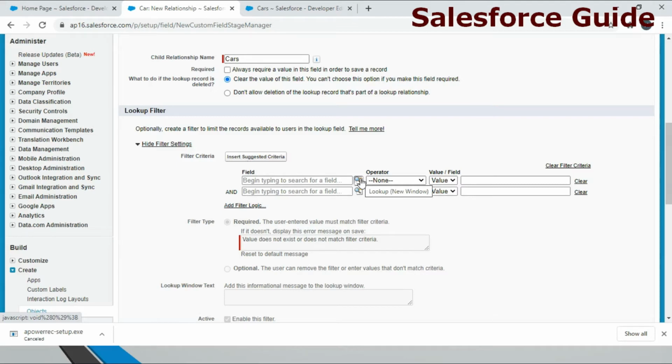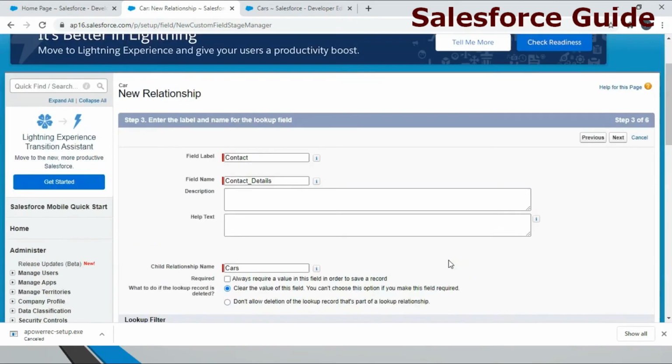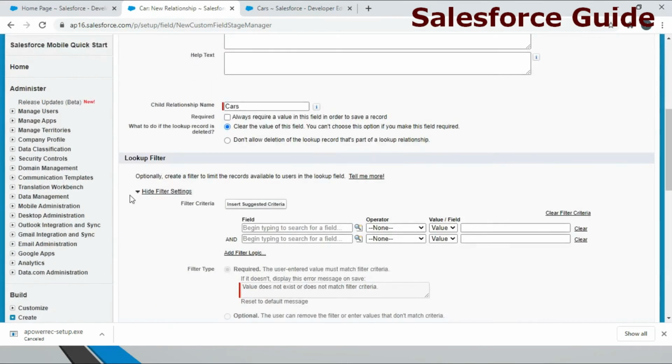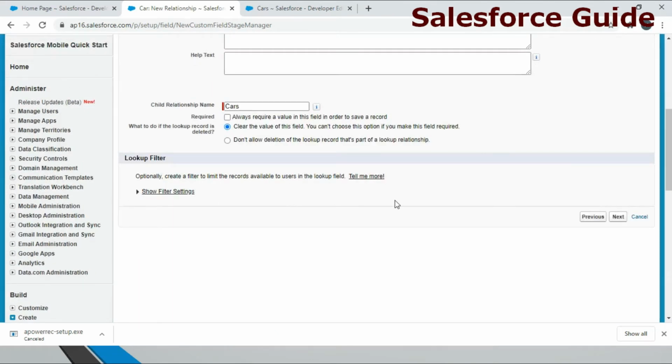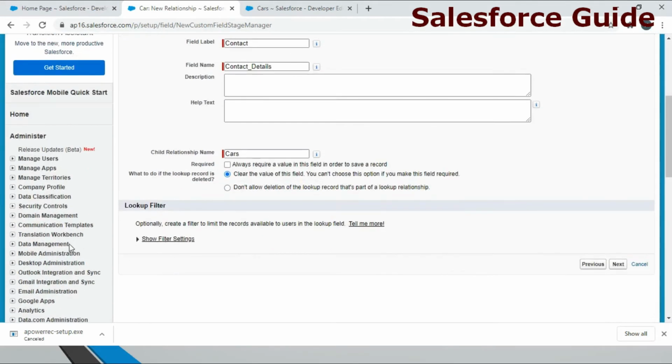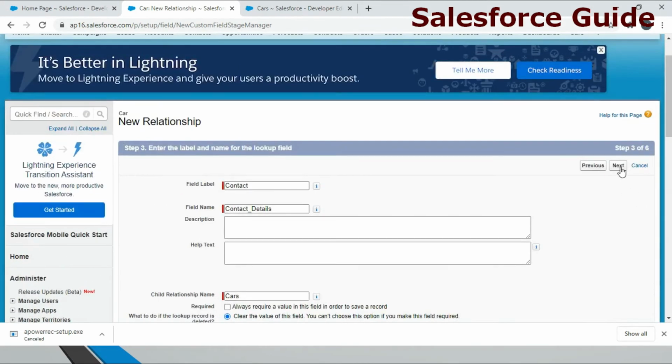But you might want to provide a specific list of contacts based on some criteria. So you can specify such criteria, just like account name where email address is not null, so only the records having a valid email address entered will be shown here. It works like that. Now I don't want any criteria, so I'm not putting anything here, but you can select it accordingly. Now you can go to the next.